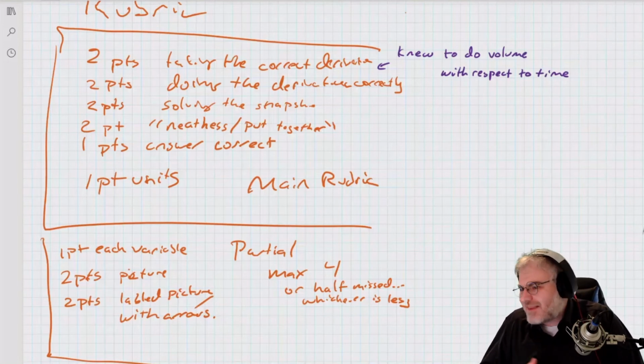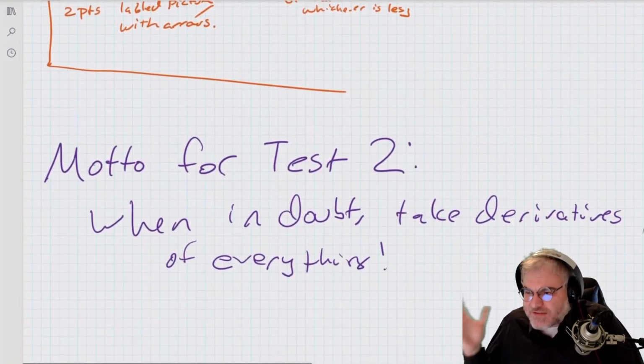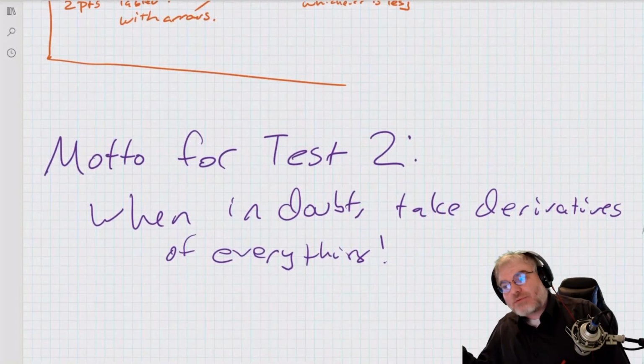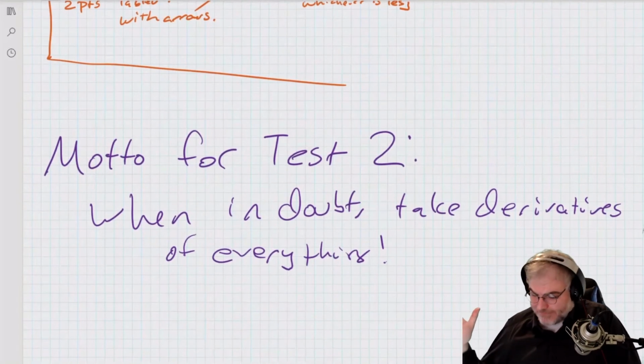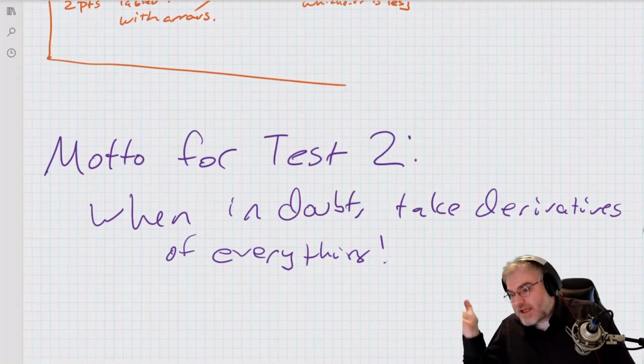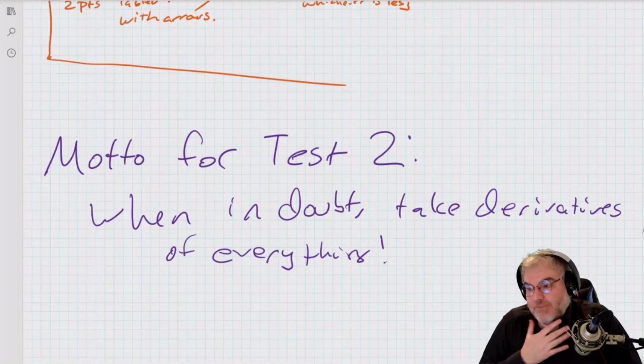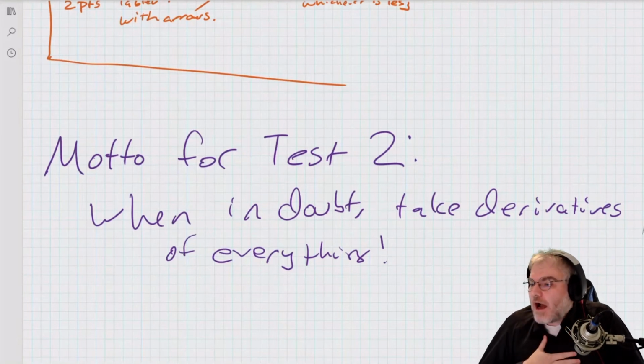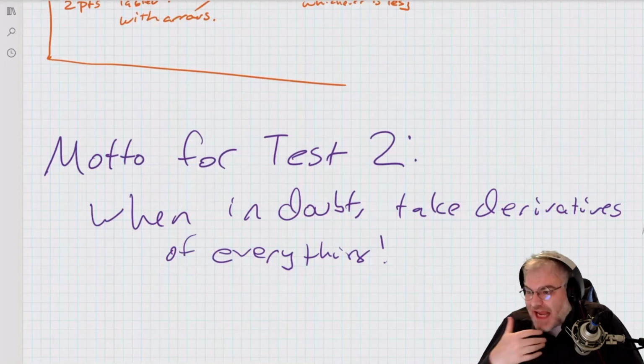And then you've got the equation there. Just take a derivative. That's the motto for the test. When in doubt, just take derivatives of everything. So if you took the derivative and did it right, there's another 4 points. So you can actually,